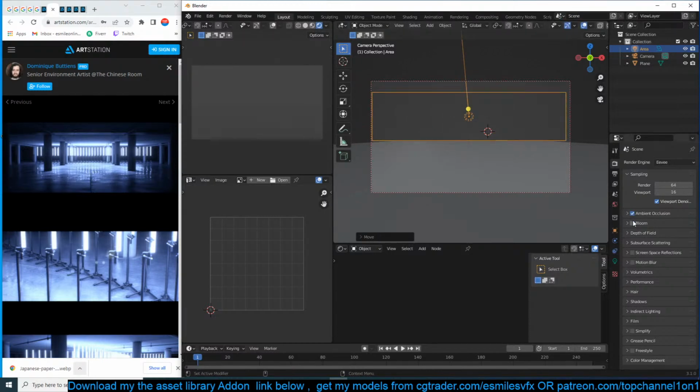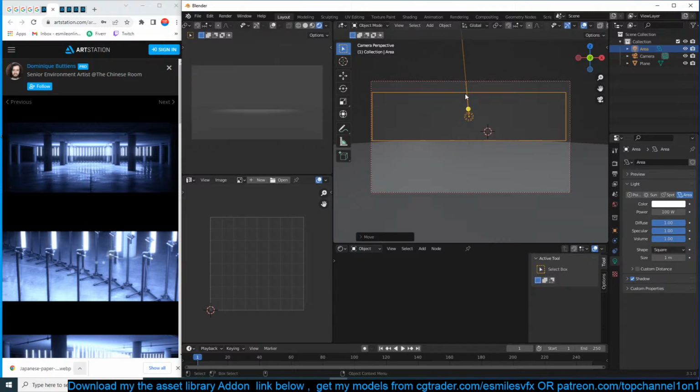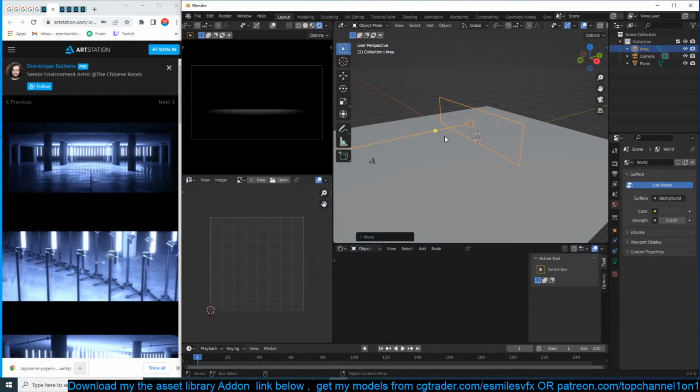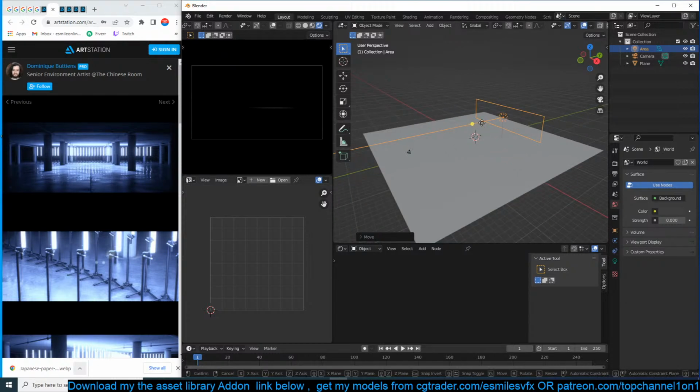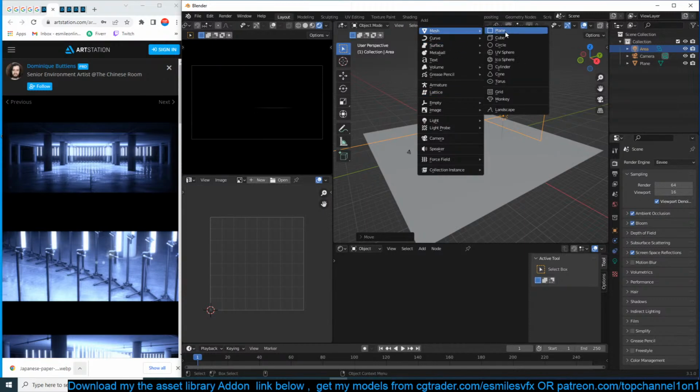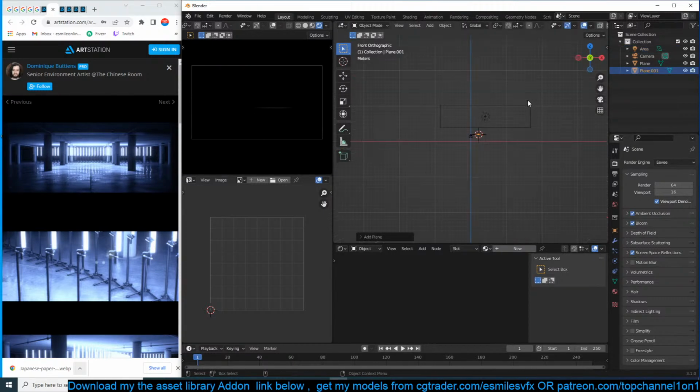Let's do ambient occlusion, screen space reflections, and this is going to be a very emissive light. Let me turn off that. Let's turn on bloom. We can, let me do random.